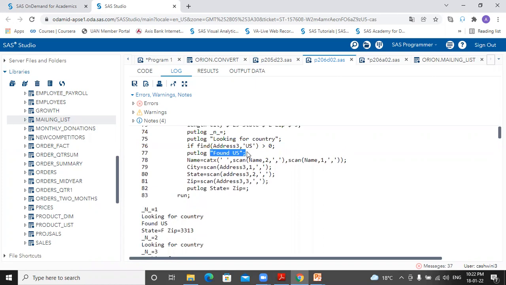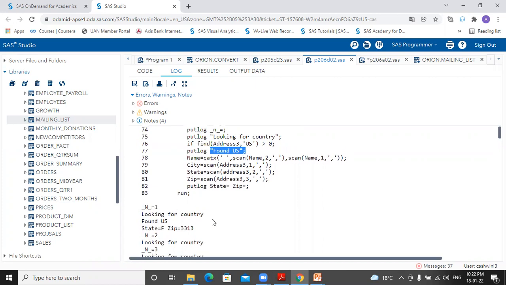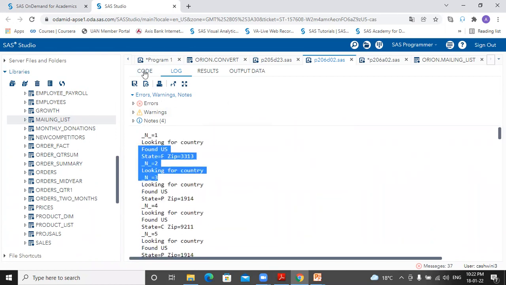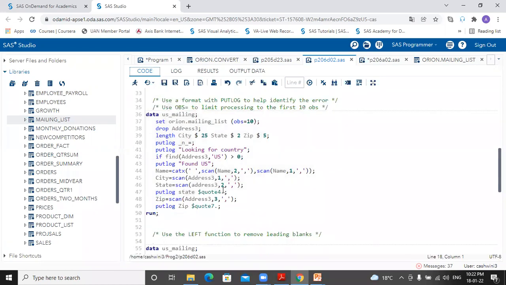If you don't write it, it's all fine. But why are we using putlog? To find out the error, right? So they are telling you that this is how, step by step, they are giving you the information. So this was the first code. Now they are telling